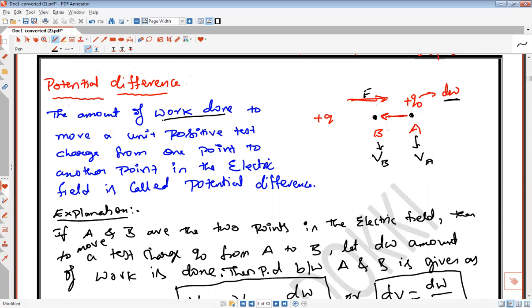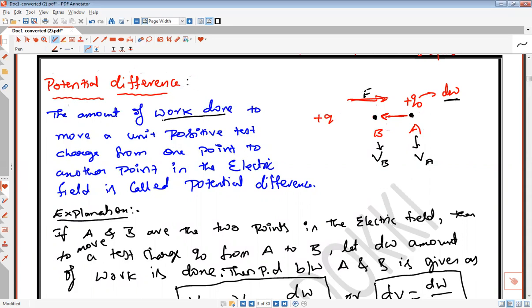If you try to move the test charge from A to B, the source charge exerts electric force on this test charge. The source charge tries to repel the motion of the test charge. In order to move the charge from A to B, you will have to do some work. This amount of work done to move the charge from one point to another point in the electric field is